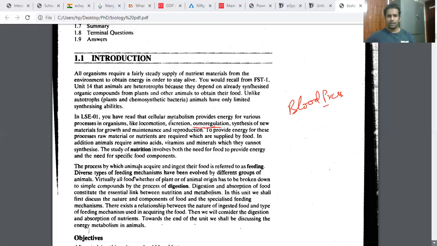balancing condition. So we require energy for locomotion, for excretion, for osmoregulation, for the synthesis of new materials, for growth and maintenance and reproduction. See, all these functions are possible only when you take what? Food. When you take food. To provide energy for these processes, raw materials or nutrients are required, which are supplied to us by food. We have learned it. In addition, animals require amino acids also, vitamins also, minerals also, which cannot be synthesized by